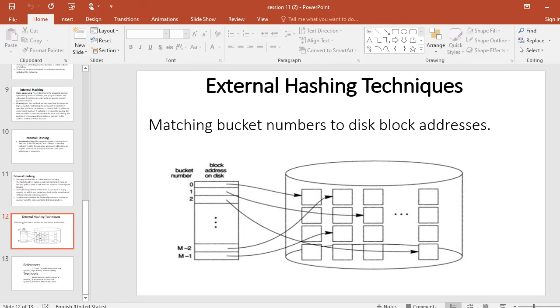When a collision leads to an overflow record in any file bucket, the first bucket in the file is split into two buckets, the original bucket 0 and a new bucket m at the end of the file. The records originally in bucket 0 are distributed between the two buckets based on a different hashing function h_(i+1) of k equal to k mod 2m.